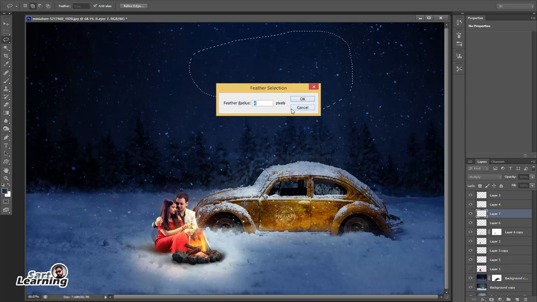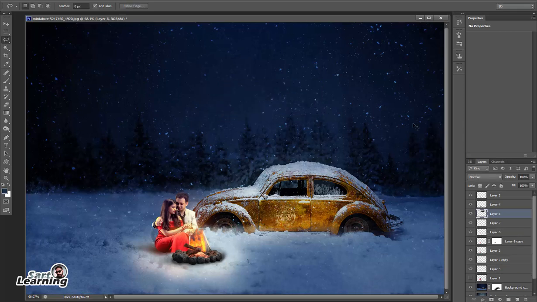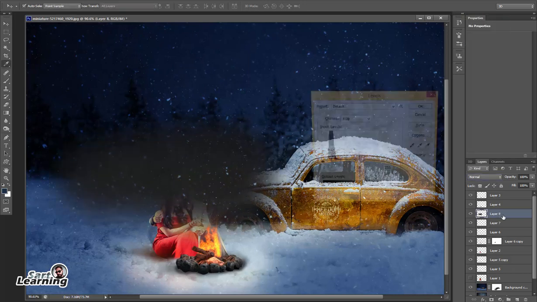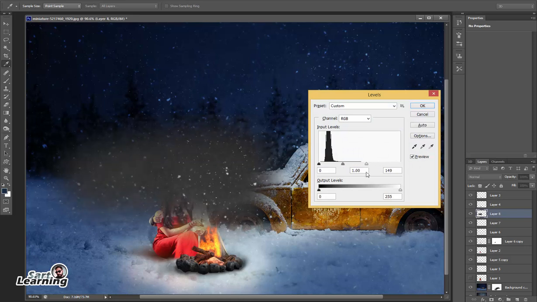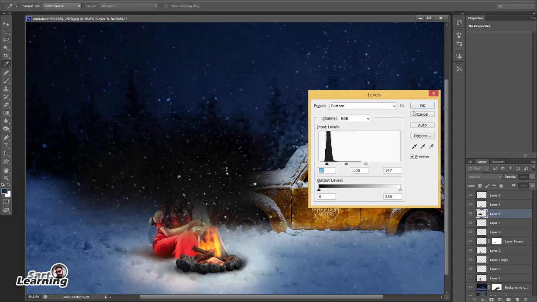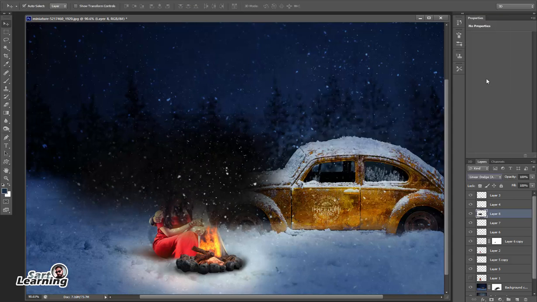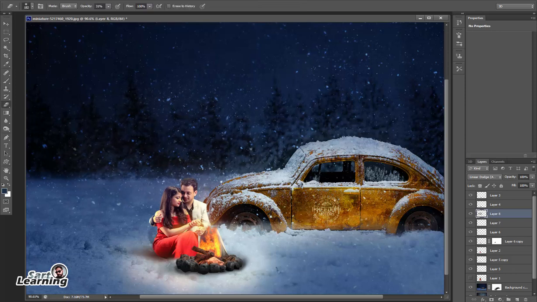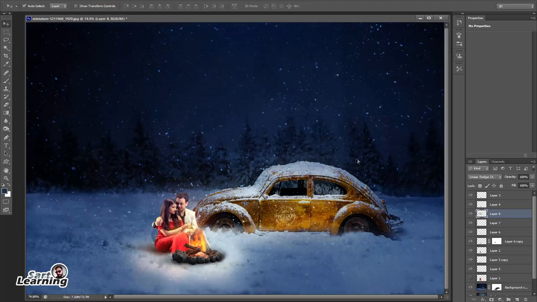Now I'm going to create a snow part on the couple, so I select the area, press Shift Ctrl C and Ctrl V. I just convert it into black and white, so only the shadow is left. Blend with linear light or add light, so the black part goes out and the snow comes on the couple.